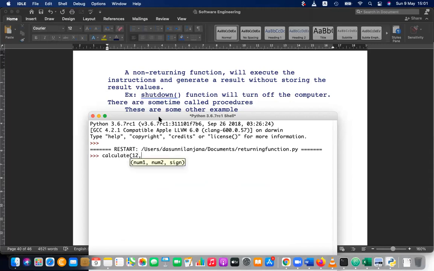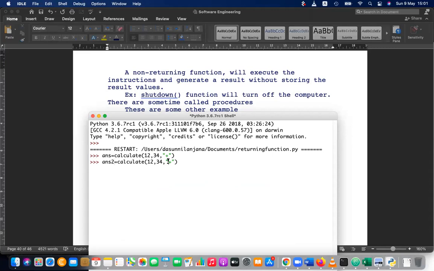I'm going to give 12, 34, and let's say sign is plus. What I can do is keep the answer. I can write answer equal this one, and it will not print anything. Then let's say answer 2